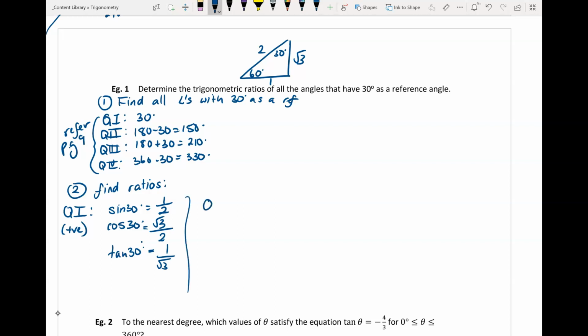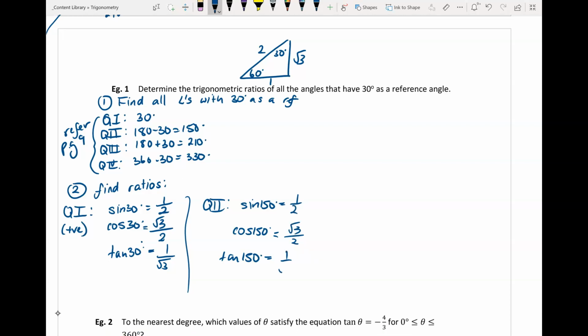Now we're going to look at quadrant 2. In quadrant 2, my angle is 150 degrees. So that's sine of 150, cos of 150, and tan of 150. It's going to be the same ratio as the ones that we have in quadrant 1 because the reference angle for 150 is 30. So it's going to have the same exact value,